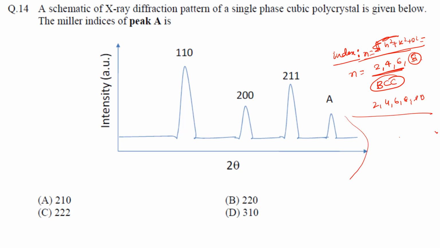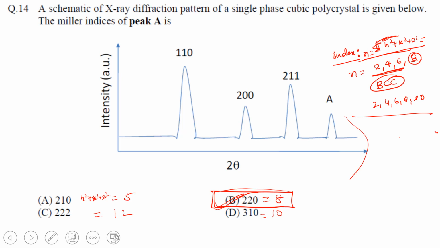Right? So the next option will be such that the index should come 8. If you do h square plus k square plus l square here, then this will be 6, 4 plus 1 is 5, here it will be 4 plus 4 is 8, here it will be 24, 4 plus 4 plus 4 that will be 12, 9 plus 1, here it will be 10. So the next option should be option B, right? The correct answer is option B.